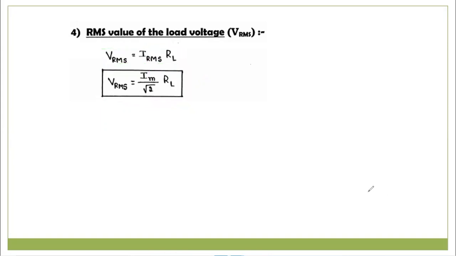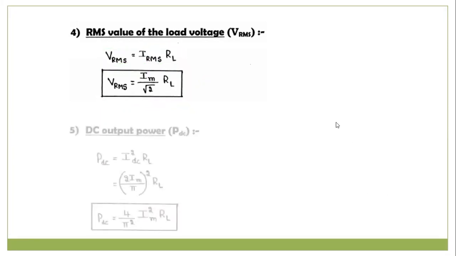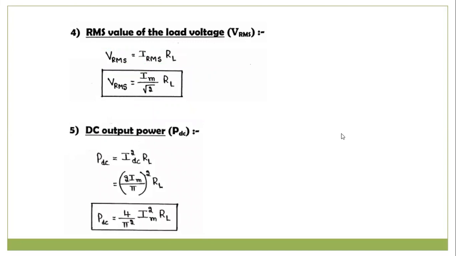After this, if we proceed with another formula, see, the main intention of deriving all these equations is that we need to calculate the ripple factor and efficiency of a full wave center tap rectifier. To find that, we need all these formulas, because to calculate the power we need voltage and current expressions. That is the reason we calculated the DC voltage, DC current, AC voltage, and AC current. AC voltage and AC current are represented with RMS. DC voltage and DC current will be represented with DC only.